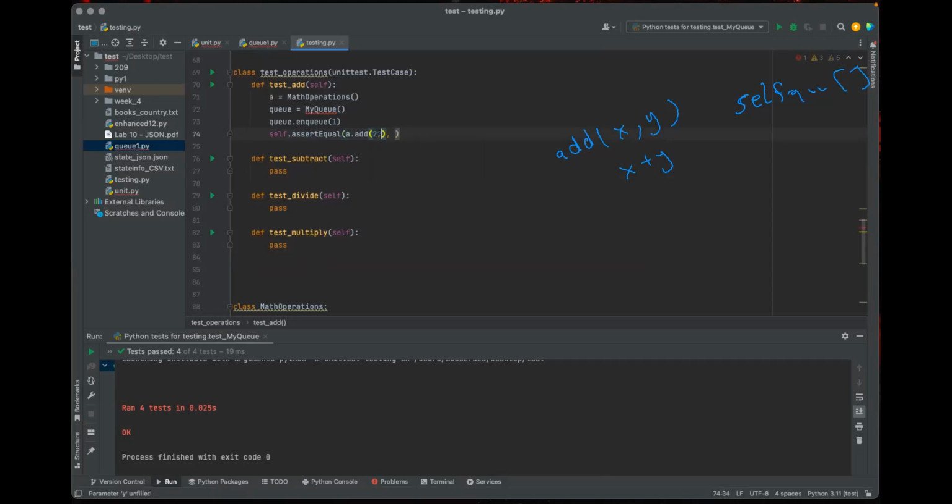So when you add 2 and 3, what do you expect out? 5. Okay. Can you test here that it is getting 5? Right there. Okay. Try to run them.